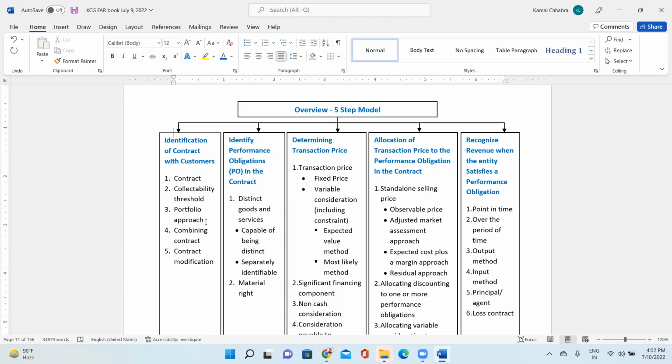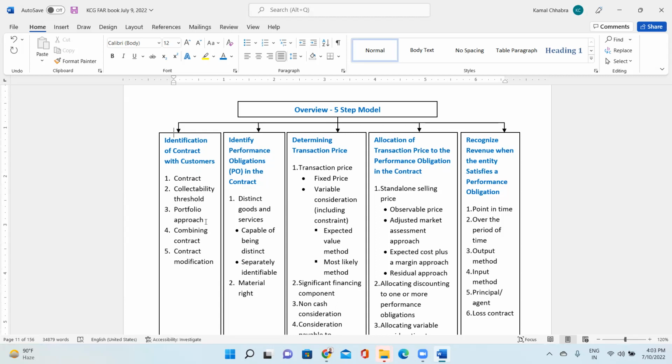Don't worry, I'm just throwing out thoughts on what you can expect, which is coming in ASC 606. The second method is most likely, where the answer is yes or no. In future, whether I am giving the discount or not. If the probability of giving the discount is more than 50%, I'll go with a 100% discount. If it is less than 50%, I'll go with no discount pricing.